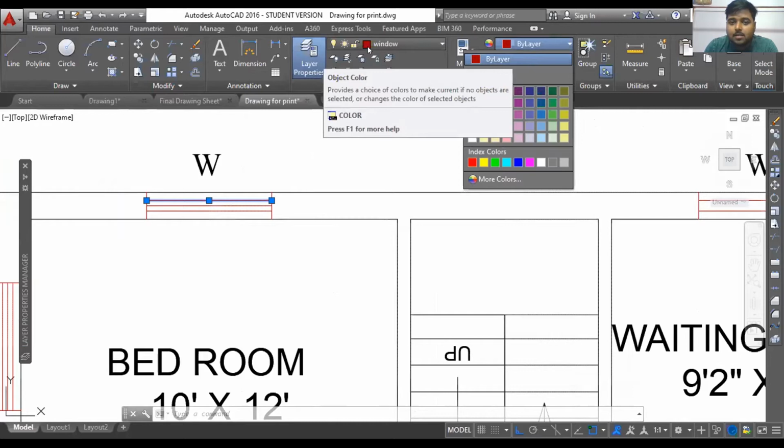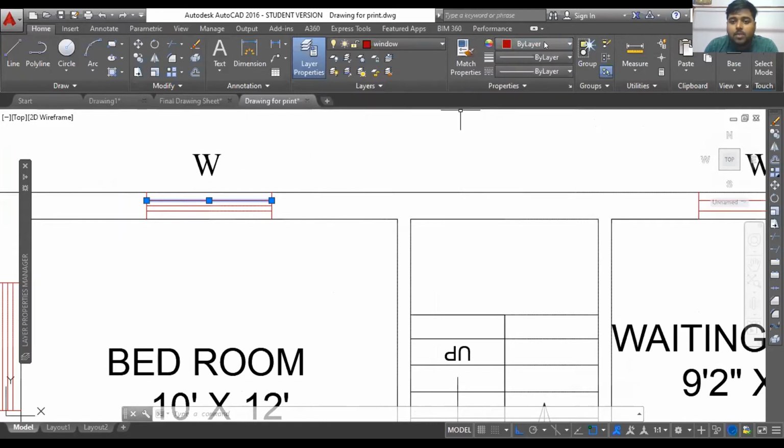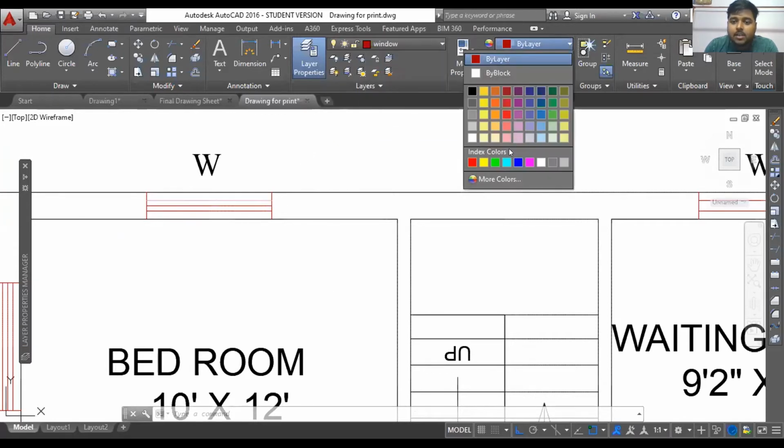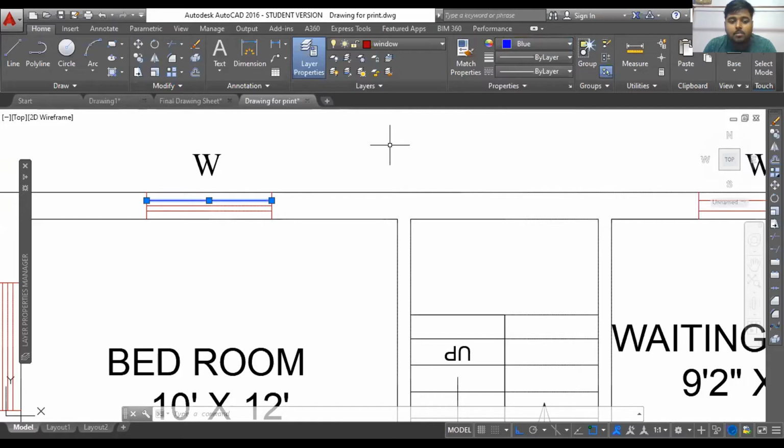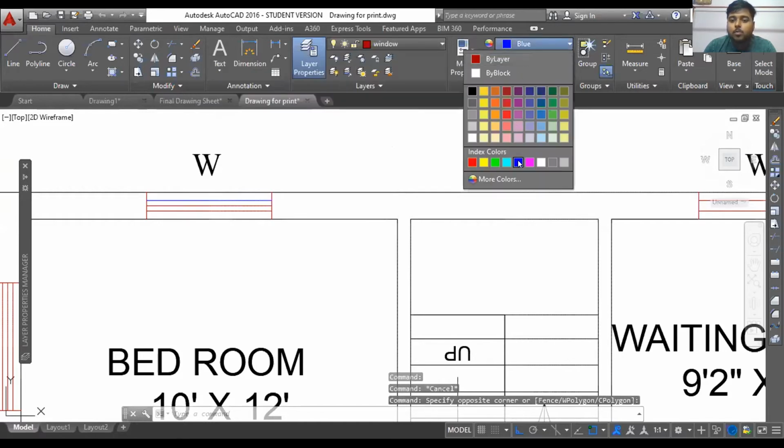That means this is the color of that layer, so this will also be the color of the line. And if you want to change it, you can still change it, like I'm doing, coloring it blue. It is still inside the window layer, but its color is blue because I have manually changed it. So you can do that also.